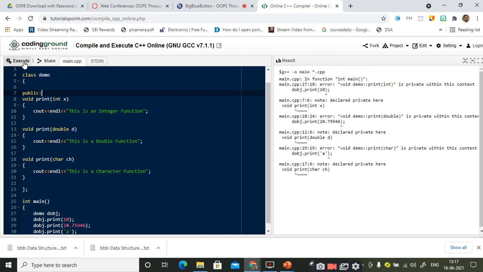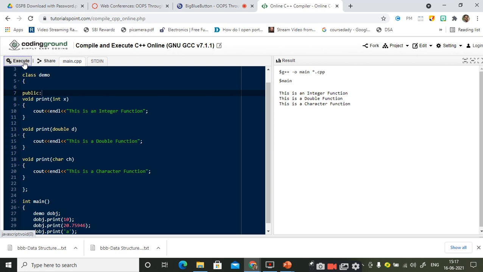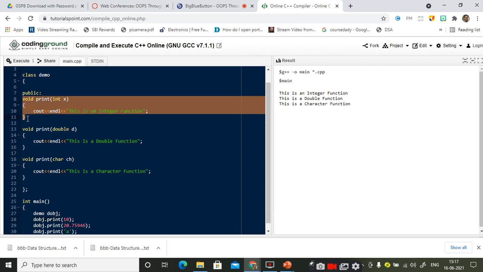No, sir. No errors. Wonderful. So it is going to access all three functions, and if the input given by the user is 10, it is going to invoke the corresponding member function from the public member functions of the class demo, right? So this is the concept of function overloading.